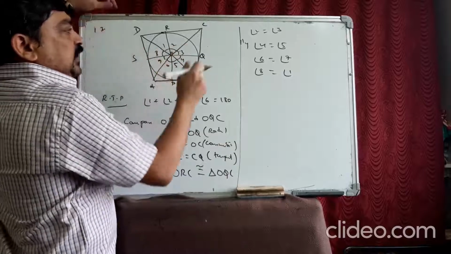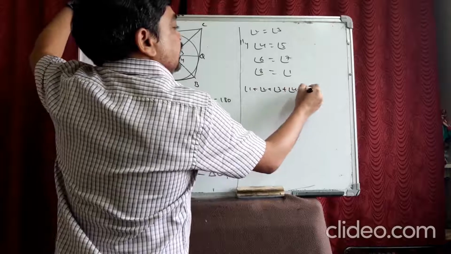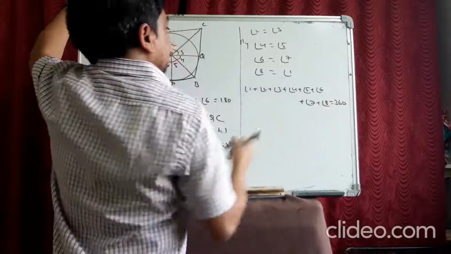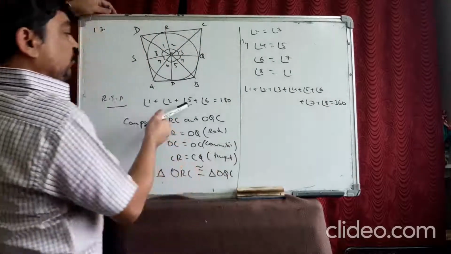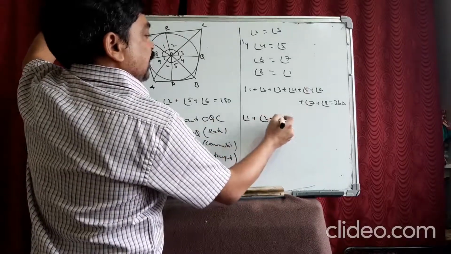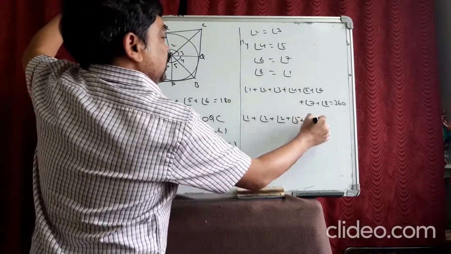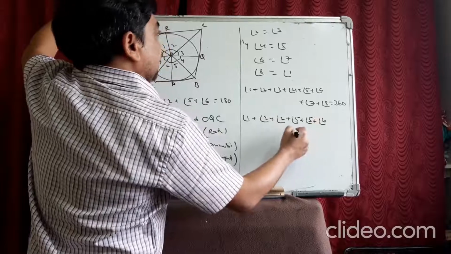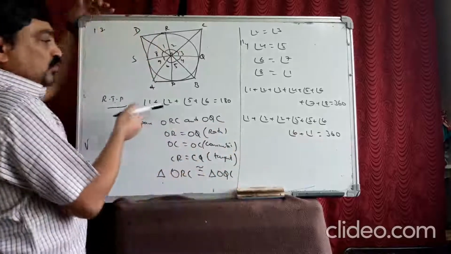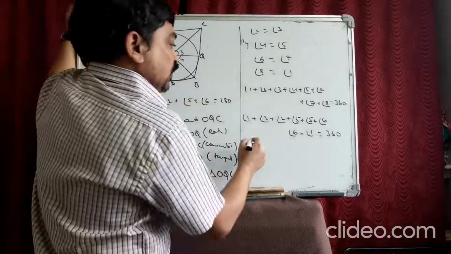Now, this is a circle, so sum of all the angles should be equal to 360. Angle 1 plus angle 2 and so on up to angle 7 plus angle 8 equal to 360. Now, let us replace all. We need 5 and 6, 1 and 2, so don't change 1, 2, 5, 6. Angle 3 can be taken as angle 2. Angle 4 can be taken as angle 5. Angle 5 don't change. Angle 6 also don't change. Angle 7 can be taken as angle 6. Angle 8 can be taken as angle 1. Because we need the answer in terms of 1, 2, 5, 6. So I have changed everything in terms of 1, 2, 5, 6.